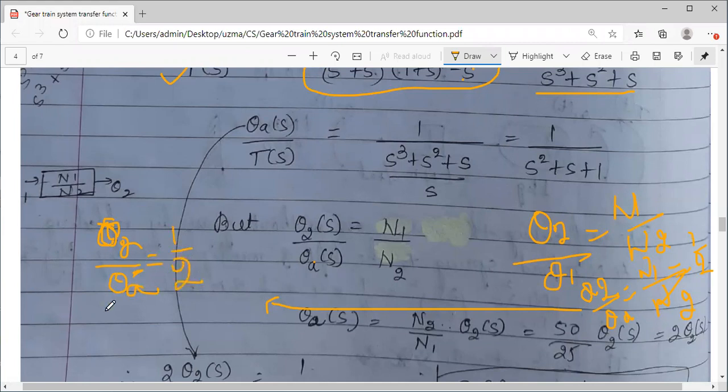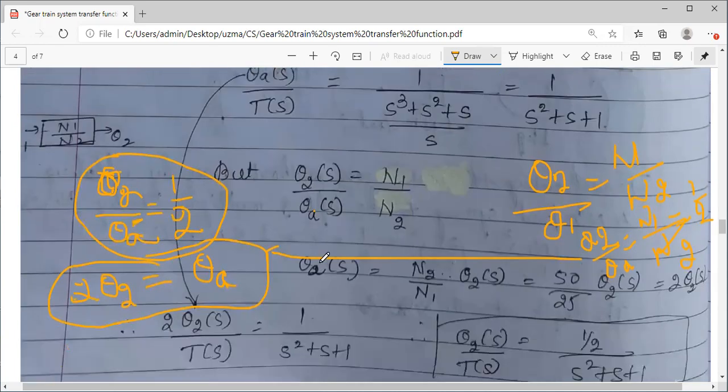Okay, I have the equation in terms of theta a. I have to replace theta a with theta 2. So find theta a from this. 2 times theta 2 is equal to theta a, right? So we have got the relationship. The changed value of the displacement is like this. So taking this as a reference, wherever theta a is there, I will substitute it as 2 into theta 2. Instead of theta a, I have substituted 2 into theta 2, denominator as it is, and whatever we have calculated as it is.